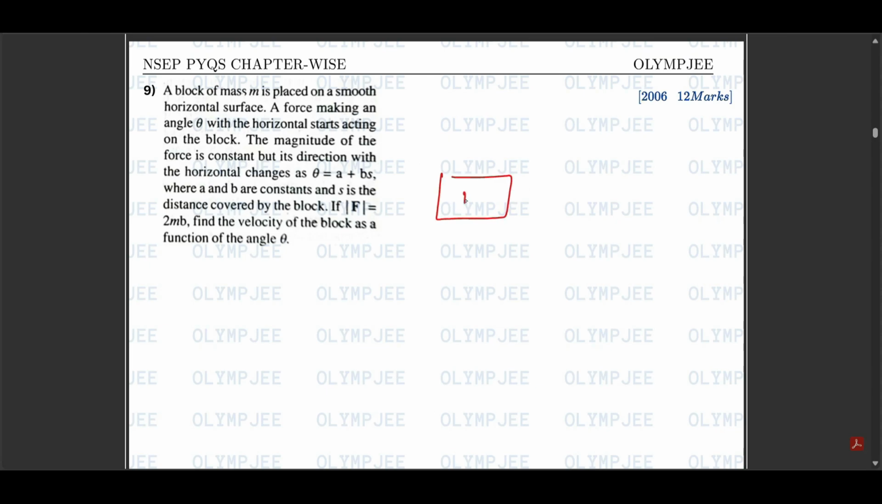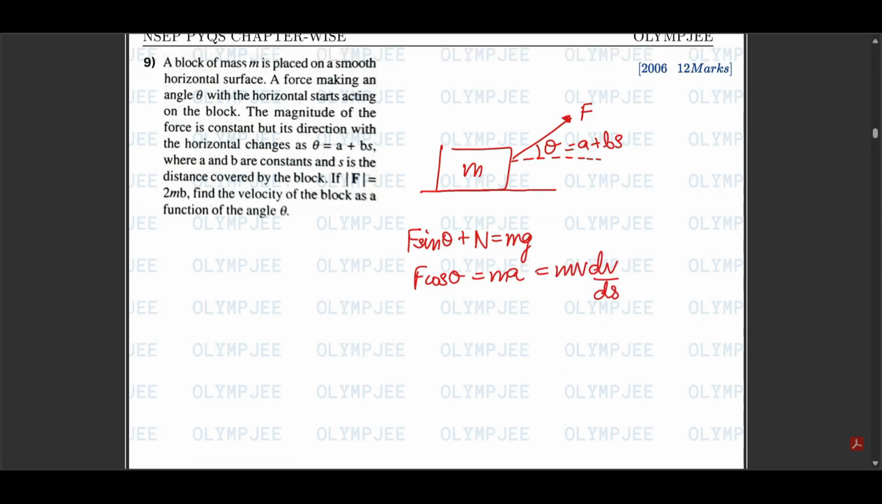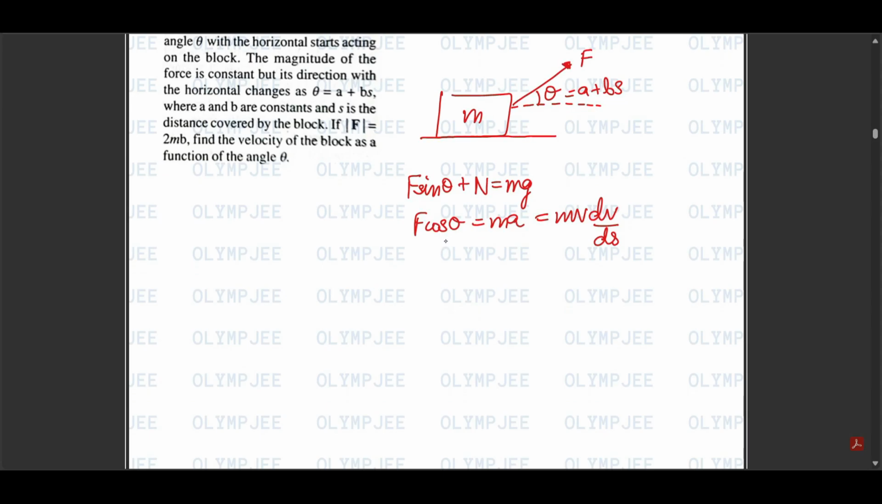So a block of mass m is on a smooth horizontal surface and the force is making an angle theta with the horizontal, and theta is varying as a plus bs, where s is the distance. So we will get that f sine theta plus n is equal to mg and f cos theta is equal to ma, which is equal to mv dv by ds. So from here